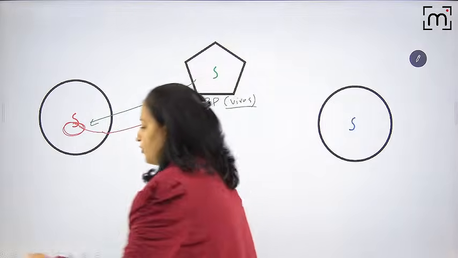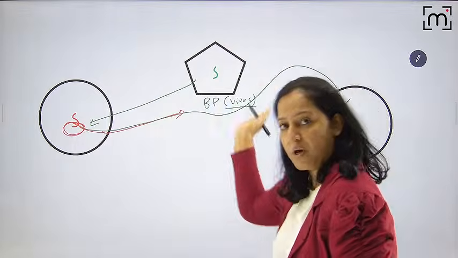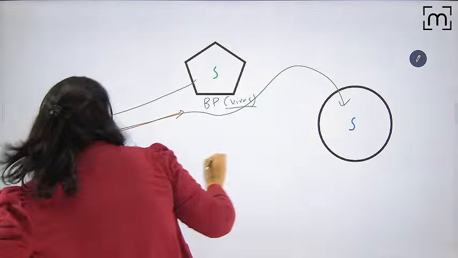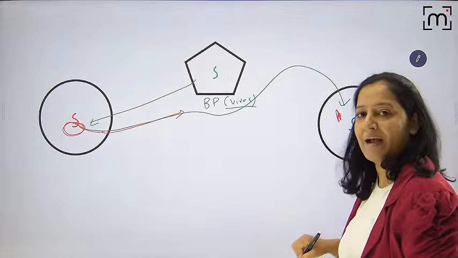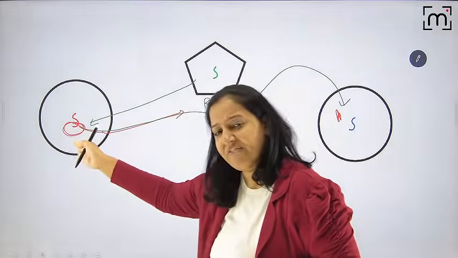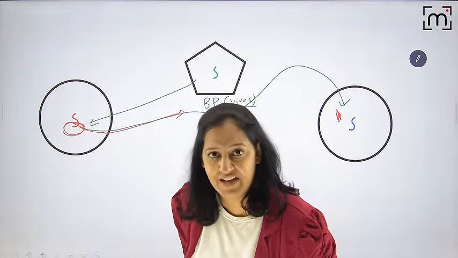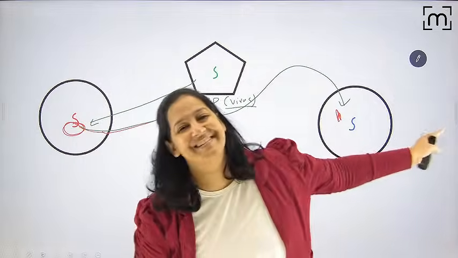After coming out, the same bacteriophage enters the second bacteria. Whatever was stolen from there is given to this bacteria. So who is the agency that is transferring? It is the virus, the bacteriophage. Entering the first bacteria and stealing a part is known as packaging error. After that, it comes out and enters the second bacteria.